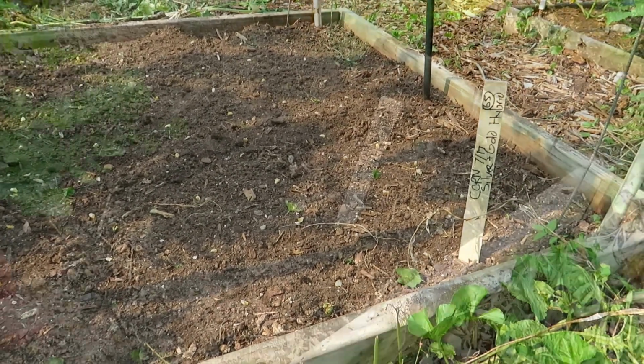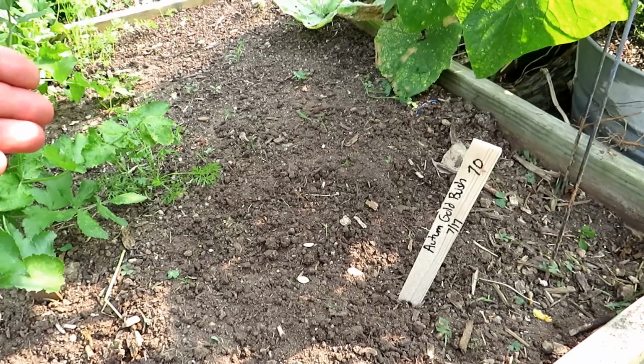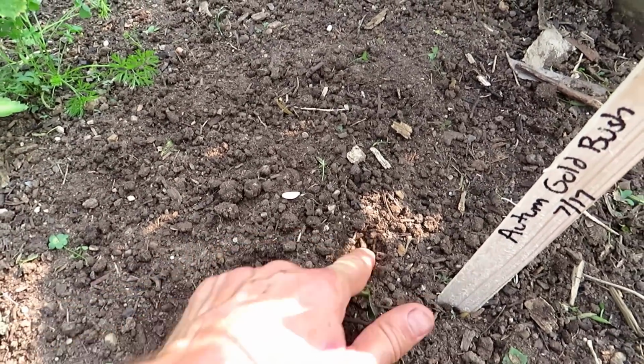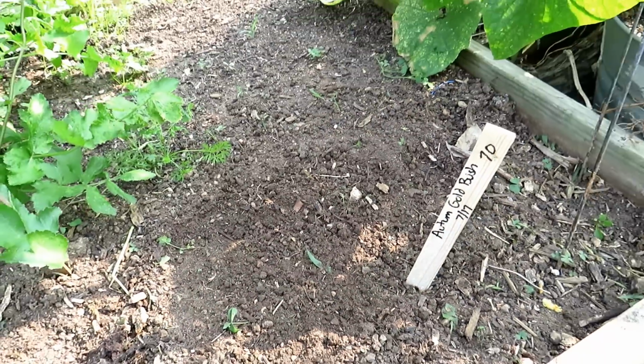So we have corn. In this space I'm planting pumpkins, and I've selected a bush variety. The vines only get 2 to 3 feet long. Put in 3 seeds again, and in this space actually I probably have enough room. They go down about 1 inch. Water them in, as I was saying,